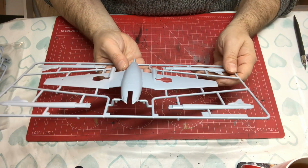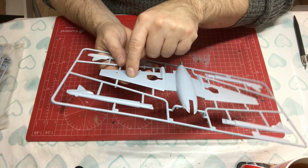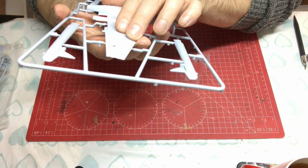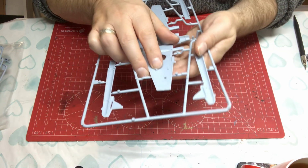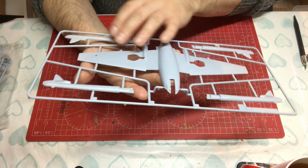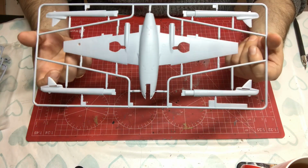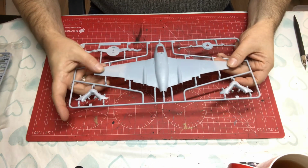It's next to nothing. We're talking a micron or so. And maybe on this point here, where we've got that location pin, we've got a tiny amount of sink there. I can feel it, but it's very, very tiny. I'm guessing many modelers wouldn't even worry about it. But my job as I'm reviewing this is to point out what I see, and what I see is a thing of beauty. Sprue B deals with the upper half of the fuselage and the wings,